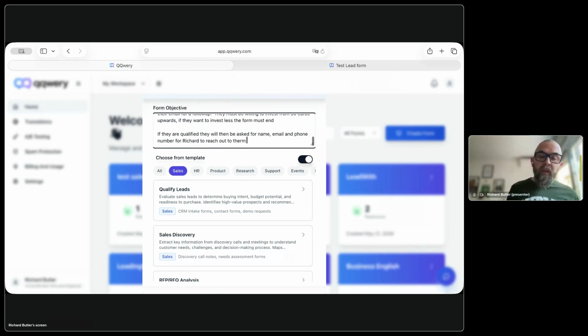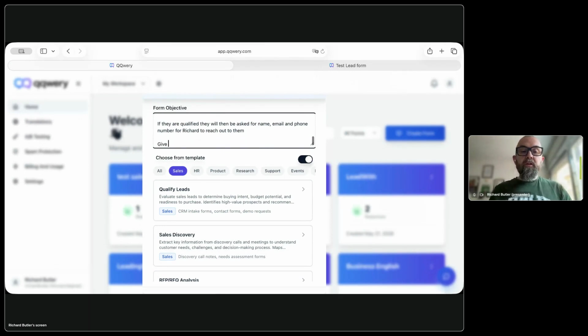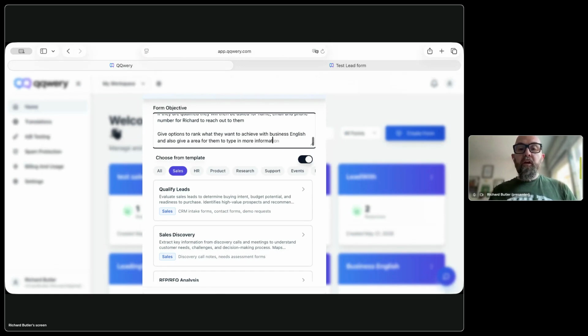Okay, so let's see how this works. Now, because it's AI, every time you create a form, even if you use the same criteria, the form will be slightly different. Okay, give options to rank what they want to achieve with business English, and also give an area for them to type in more information. Okay, so now I'm actually going to save that prompt just to have it so that